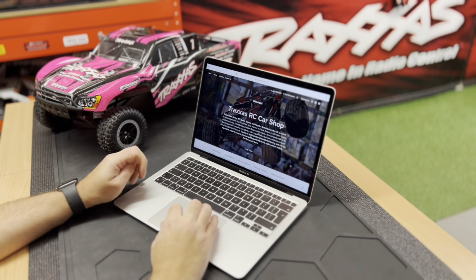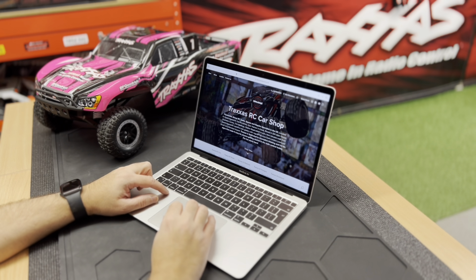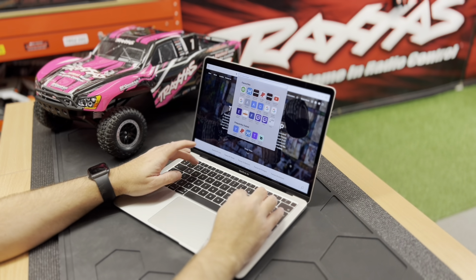So once you've got your Slash, you're going to have inside your box a quick start manual, which is going to get you up and running straight away. But we always do suggest, if you go to traxxas.com,